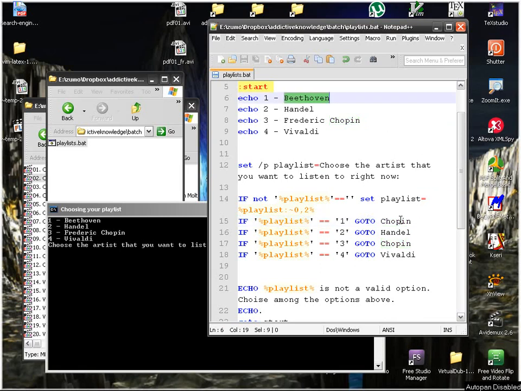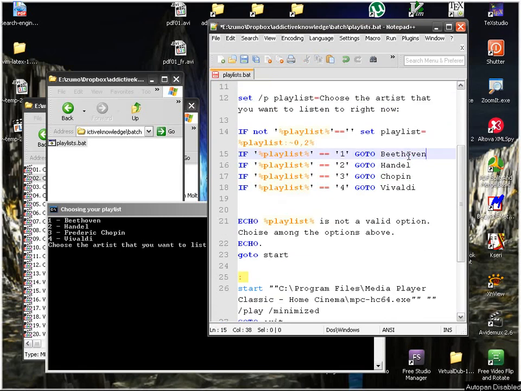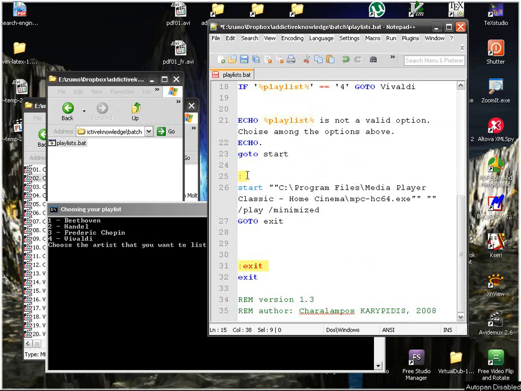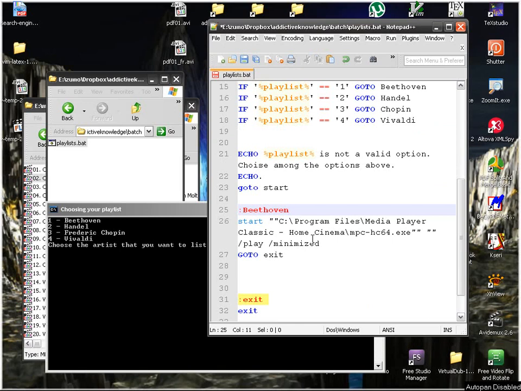First of all, I'm sorry, this is going to be Beethoven. So you're going to copy this. These two things don't have to be the same. So this is a variable, and this is just a text that is going to be shown. So you take Beethoven, and then you do something like this: colon, the name of the label, and then you've got the